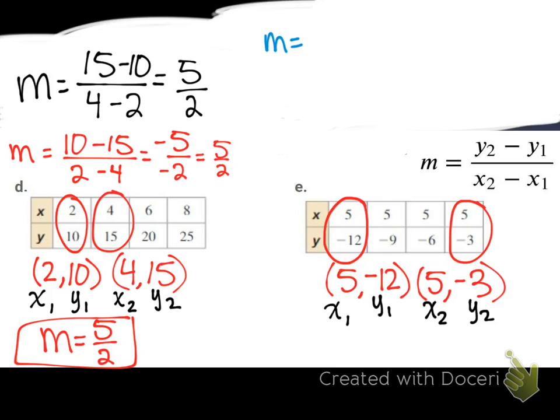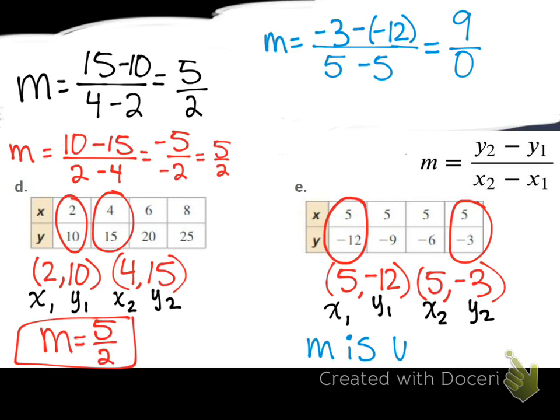So, slope equals negative 3 minus negative 12. Careful how you say that. Good job. Okay, what about our x's? 5 minus 5. What is negative 3 minus negative 12? That'll be basically plus. It would be plus. Isn't that 15? It is not. 9. So 9 over 0, which means our slope is undefined. Anytime zero's on the bottom of a fraction, our slope will be